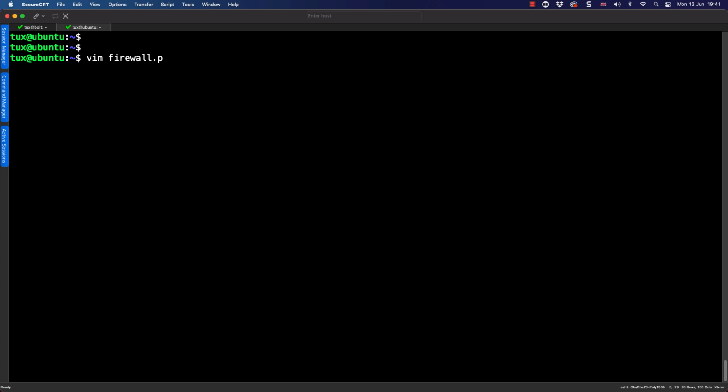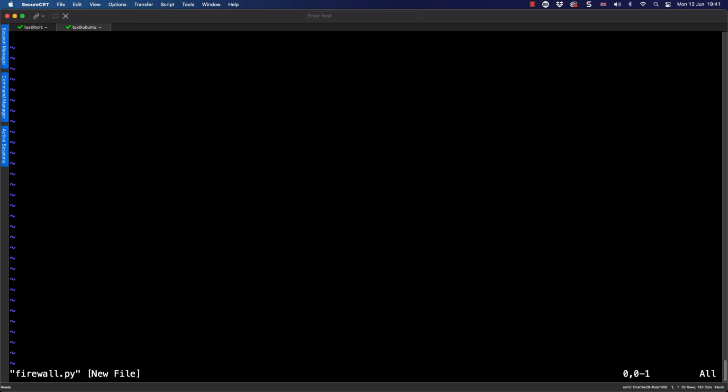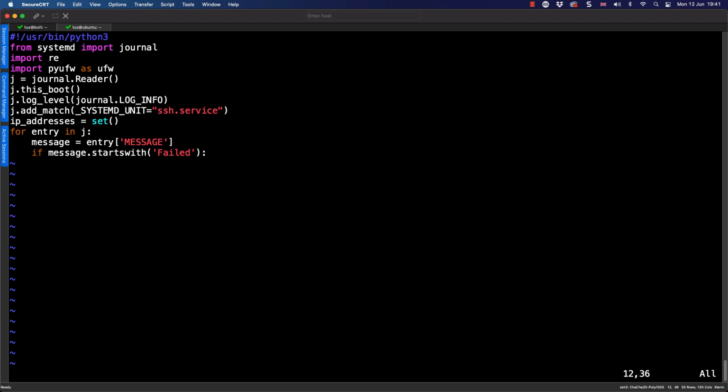So I'm going to create then a Python script called firewall.py. And to save you having to watch an awful lot of my typos, I'm going to paste in part of the code. Not the complete code, but part of the code, and we're going to adapt it as we go through. In this way, you don't have to look at my typing, and we can quickly understand what we're typing. I don't want to put in the whole script. I want us to be able to build the script up.